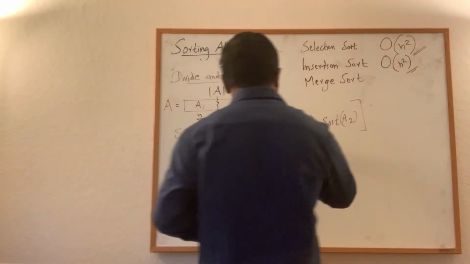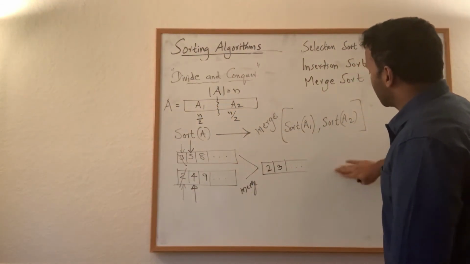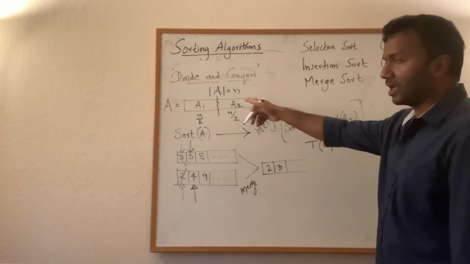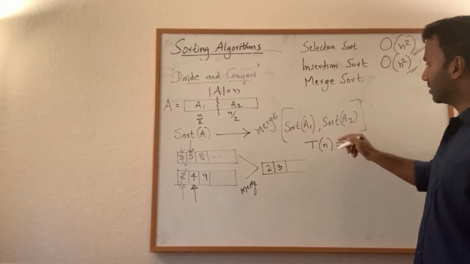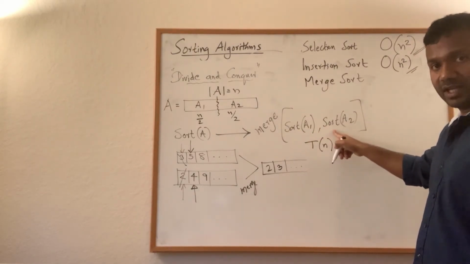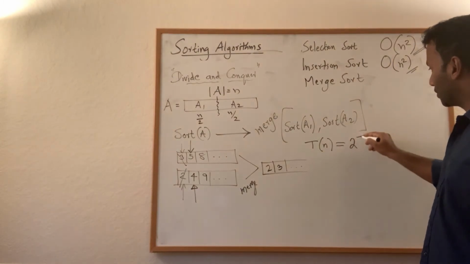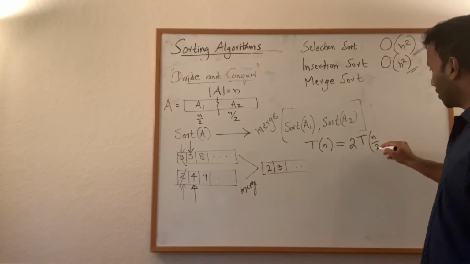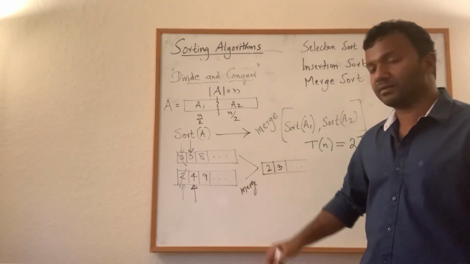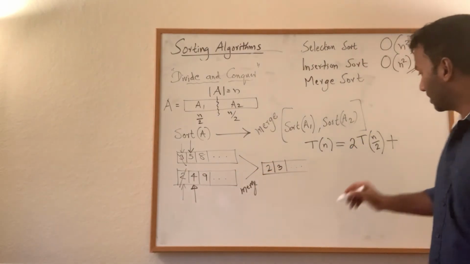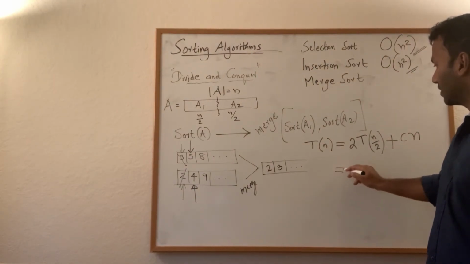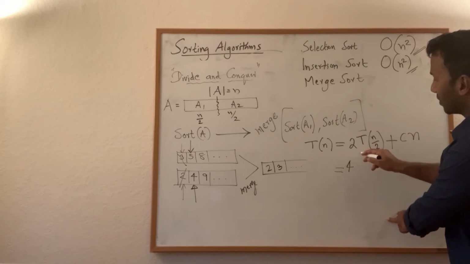So if I use T of n to represent the time complexity of sorting A, then this will take T of n over 2, so total 2 times T of n over 2, and the merging step as I said can be done in linear time, that is some constant times n, and if you solve this recursion, what you will get is